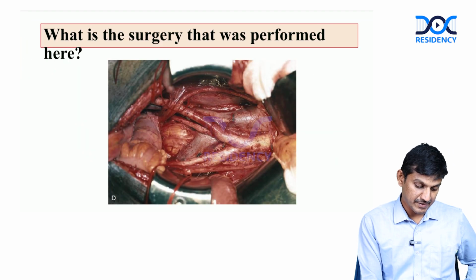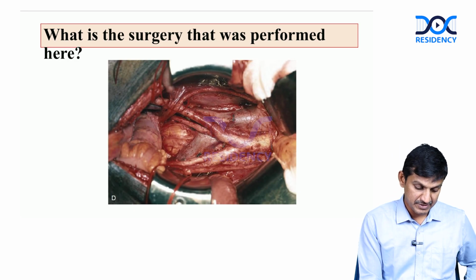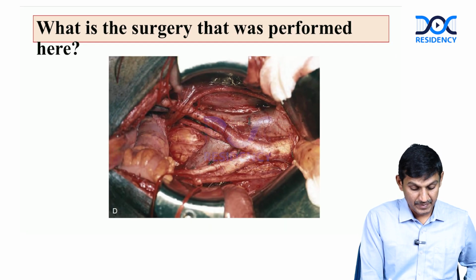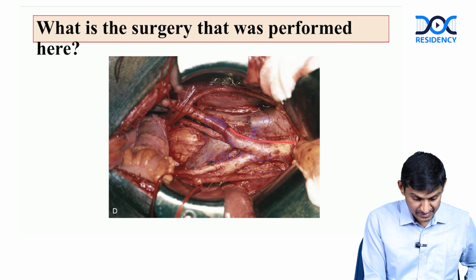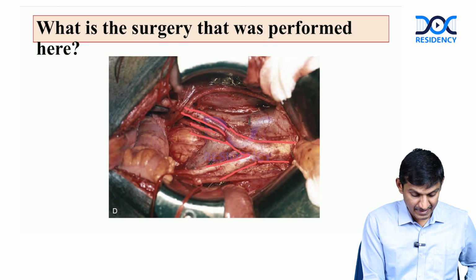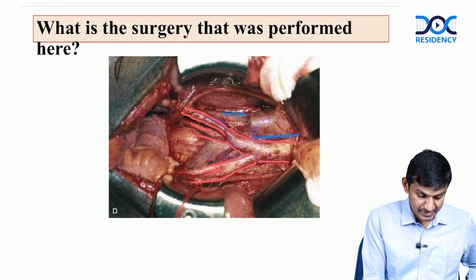So can you identify what surgery is being performed? Can you just tell me? So this is a laparotomy. This is done during a laparotomy. You see big vessels. Okay, this is the aorta. This is branching into the common iliac arteries, and the common iliac arteries in turn divide into external and internal iliac arteries. And on this side you see another big vessel, that is your IVC,